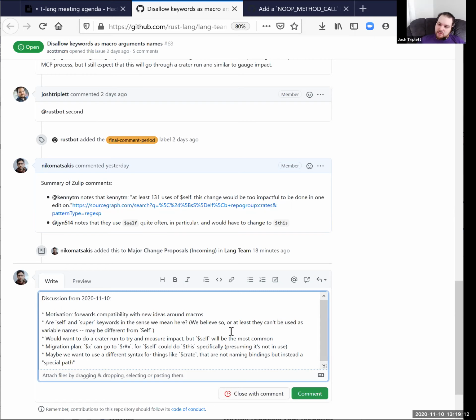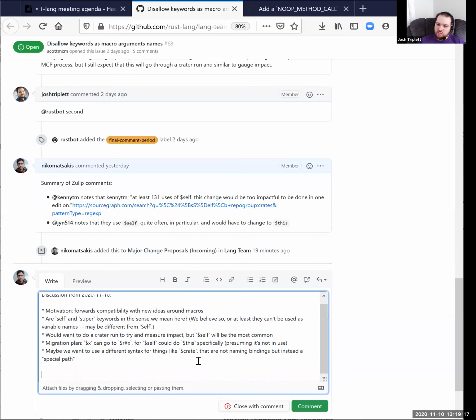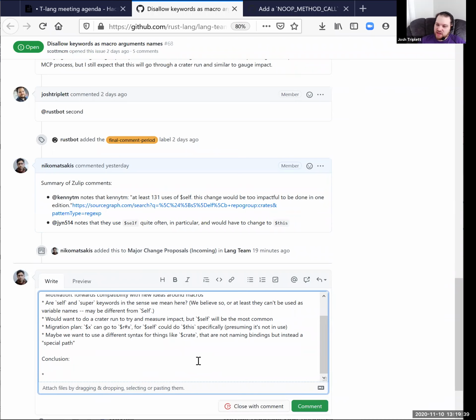It may make sense rather than having this proposal narrowly be we should reserve keywords. We may instead want to charter it to be we should introduce a forward compatible way for us to allow additional syntax in macros that we can make use of without any conflict with users, whether that's let's reserve keywords or whether that's let's define a namespace like $. Either way, we could say the point of this group is we need the ability to expand macros in the future, and we should have a well-defined reserved syntax for that, whether it's keywords or something else.